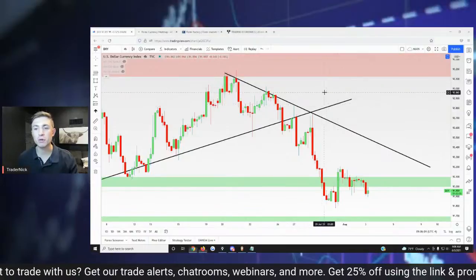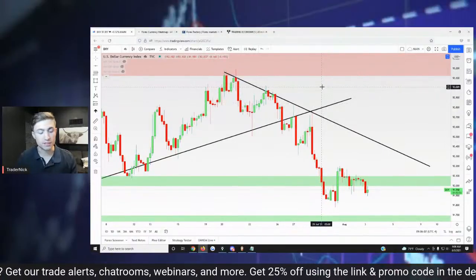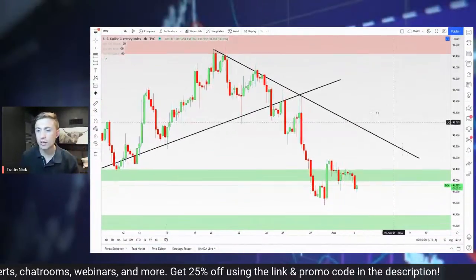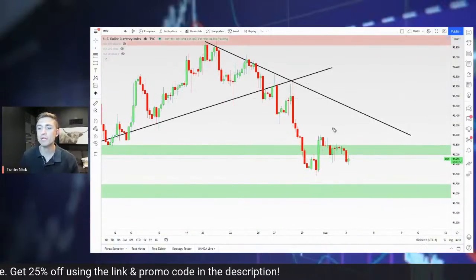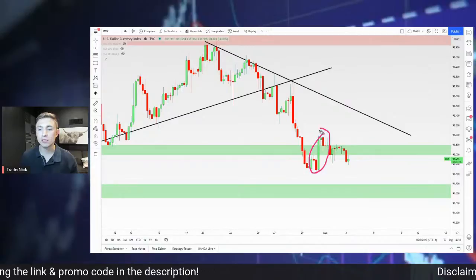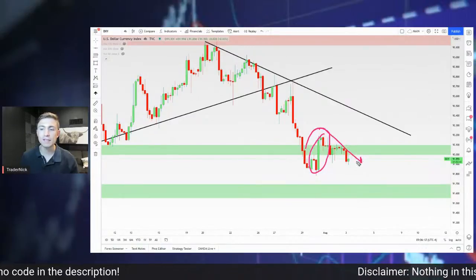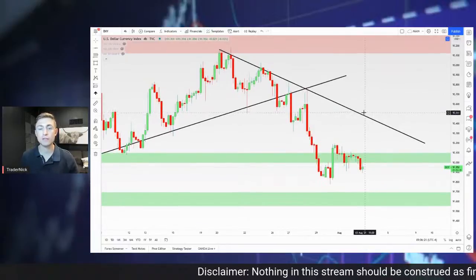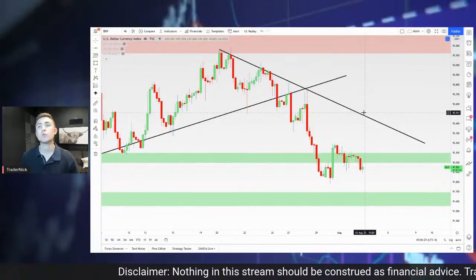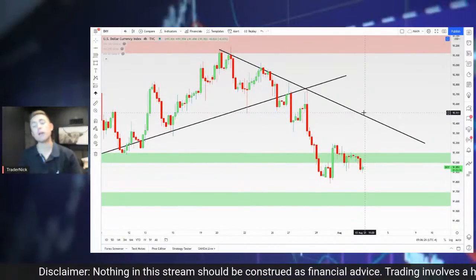So the dollar here is where I wanted to start, as we often do. The dollar is still pushing lower, still showing that weakness. We had a little bit of a pop earlier on, a little bit of a move up, but then have been fading that move since. It does seem like the sentiment for the dollar has shifted a little bit to the bearish side, which is definitely in line with my thoughts as well.